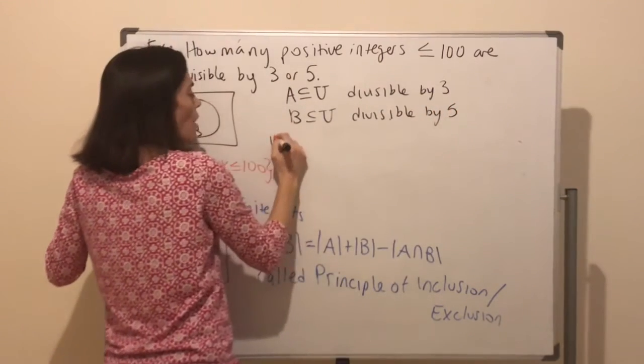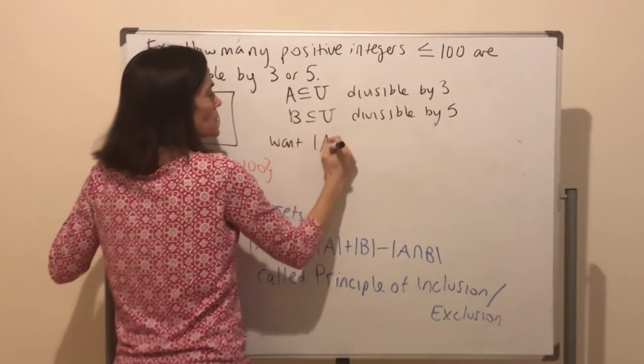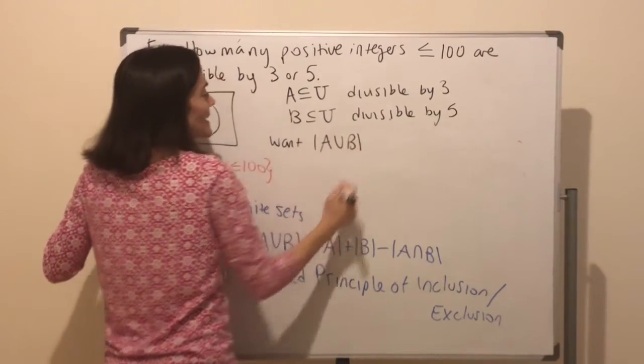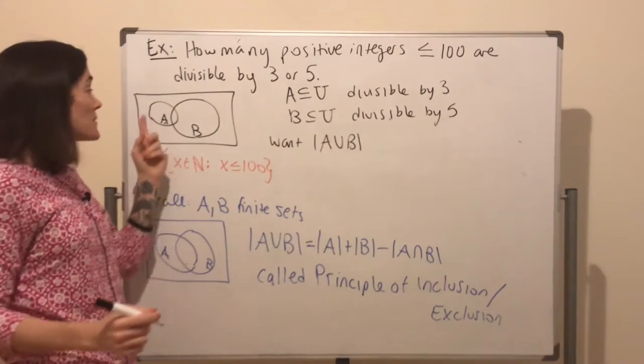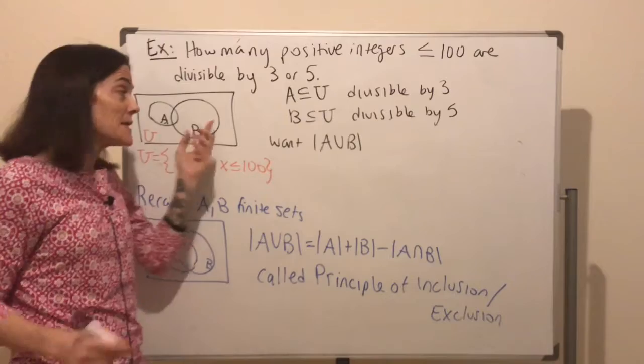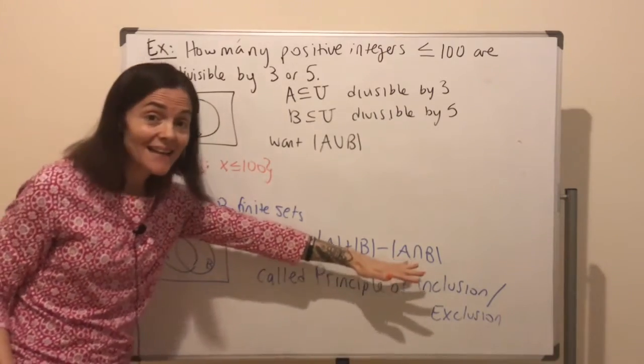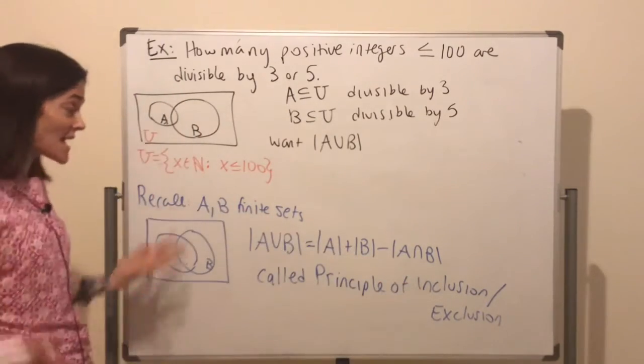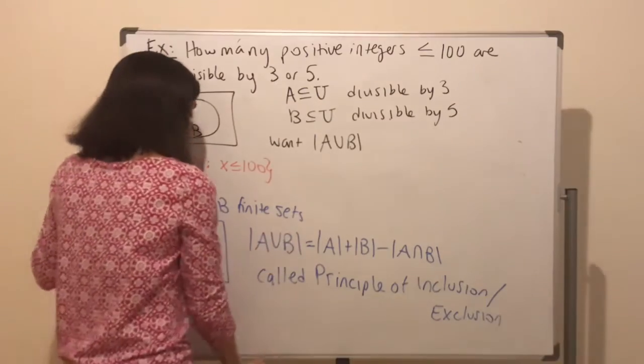And then what we want is, it's an OR, so we want this. And so we just count the number of things in A, the number of things in B, and the number of things in the intersection. It's exactly this inclusion-exclusion as we saw. Now, here,